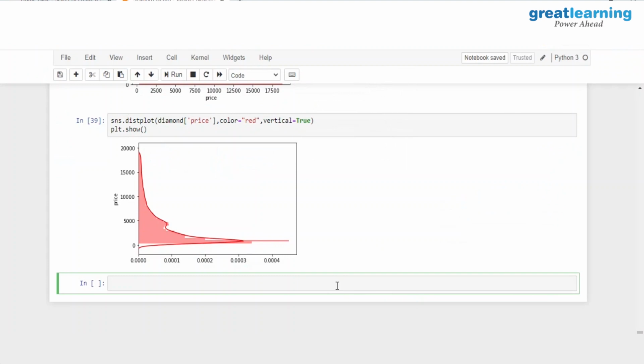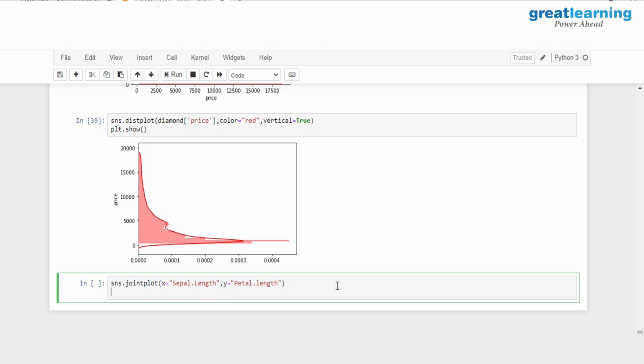We already have loaded the iris data frame. Now I'll have to use sns.joint_plot, and onto the x-axis I'll be mapping sepal.length, and onto the y-axis I'll be mapping petal.length, and that is pretty much it.